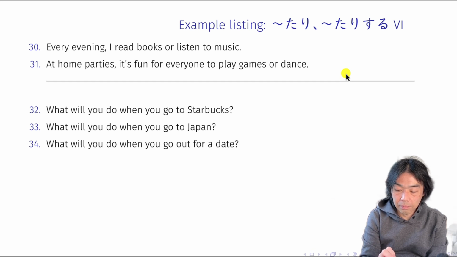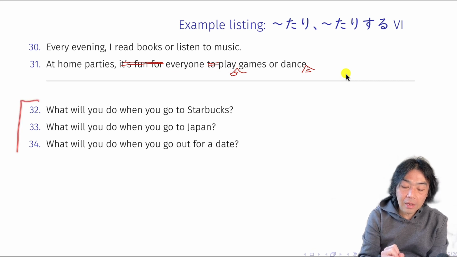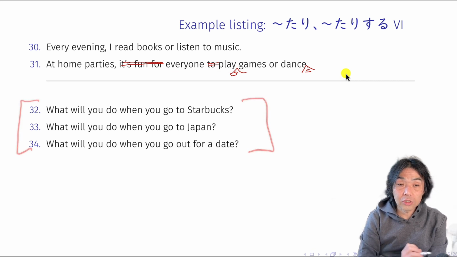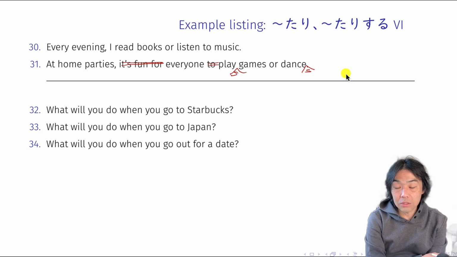Let's do this. うちのパーティーでみんなゲームをしたりダンスしたりします。Okay. And then again, these are some situations that you might want to use たりたりする。